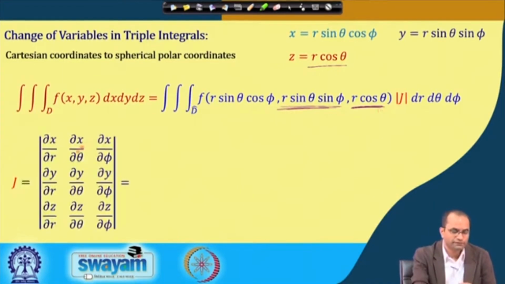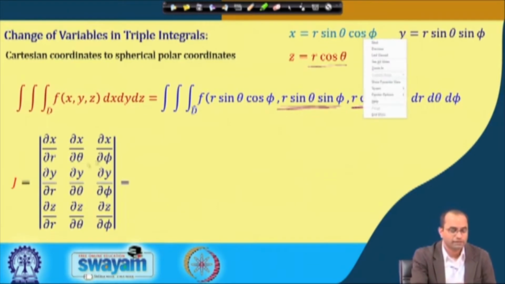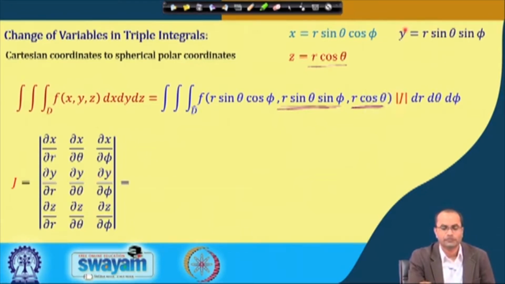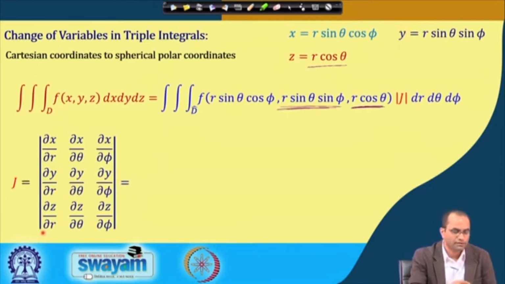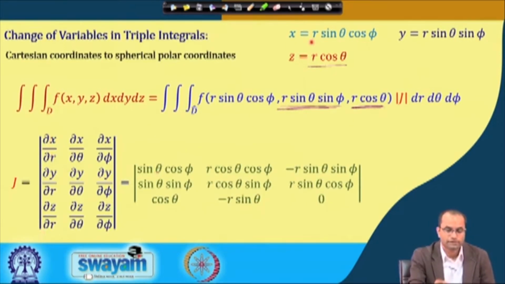That is a given definition which we have already discussed, that the first row will be del x over del r, del x over del theta, and del x over del phi. So, the partial derivative of x with respect to r, theta and phi. Similarly, the second row of this determinant will be the partial derivatives of y with respect to r, theta, phi, and then the partial derivatives of z with respect to r, theta and phi. So, del x over del r, when we compute this partial derivative, we will have sin theta cos phi,